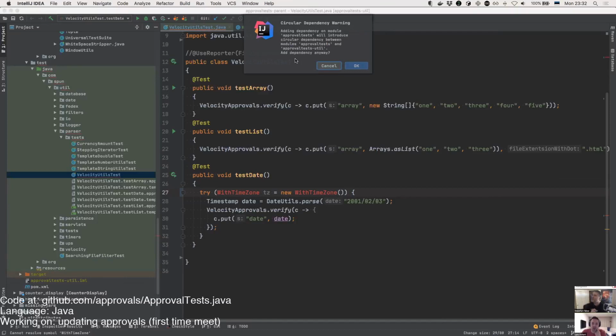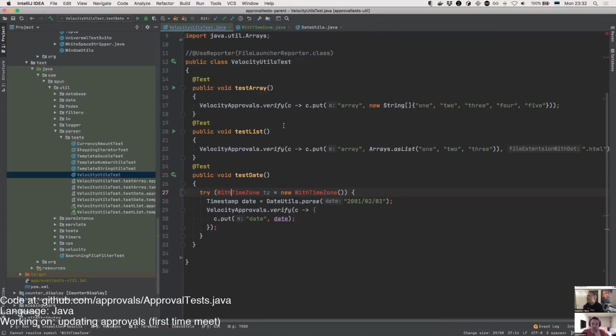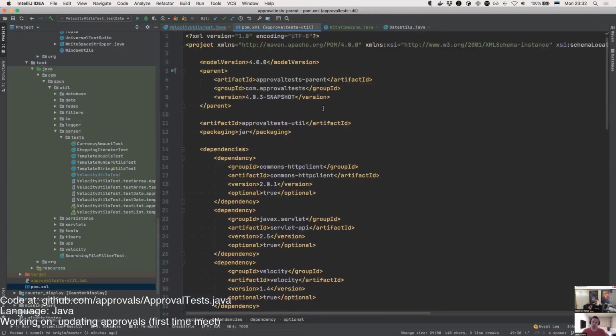Oh, okay, cancel. But because we're doing velocity approvals dot verify, which means it has to have a dependency on approval test already. Don't we see that in the POM file potentially, that it depends on the other project?